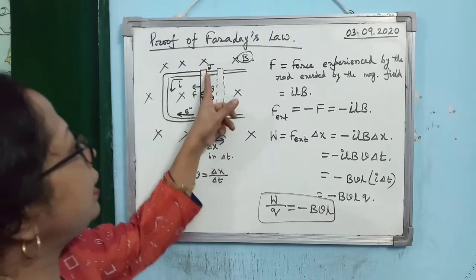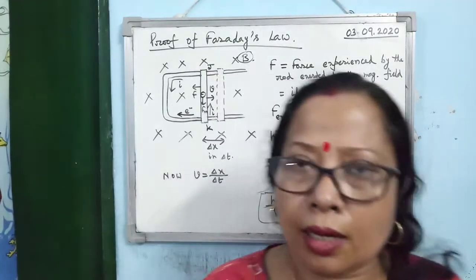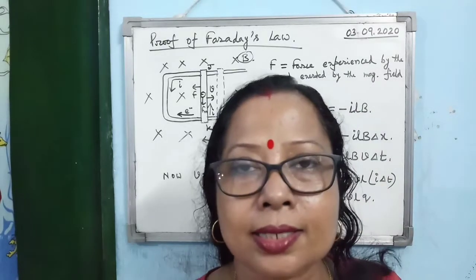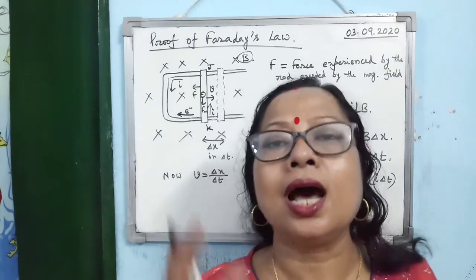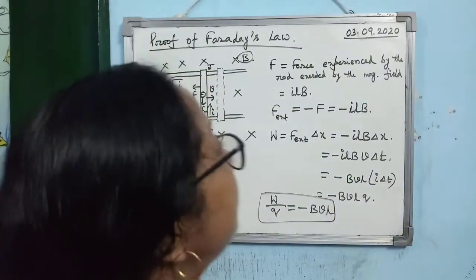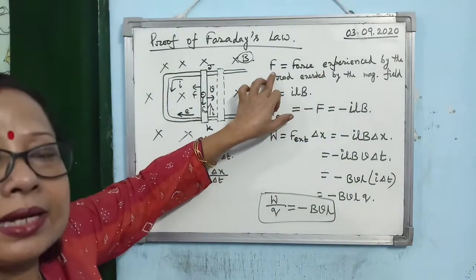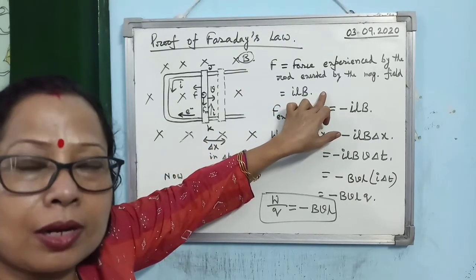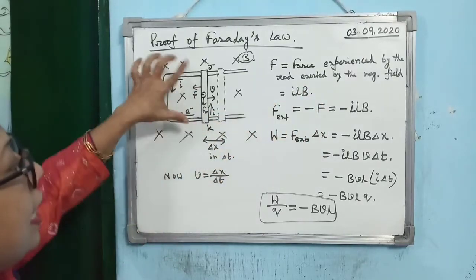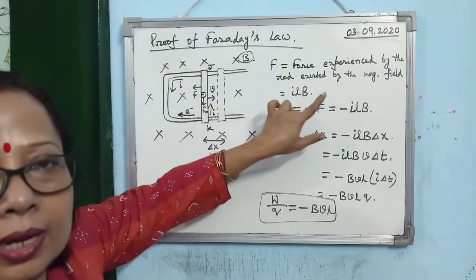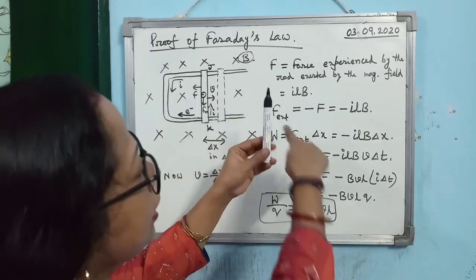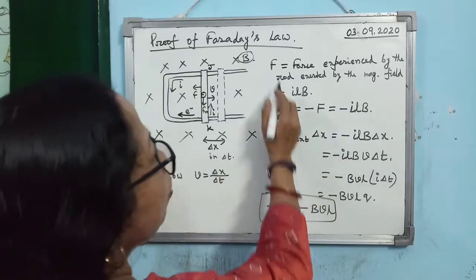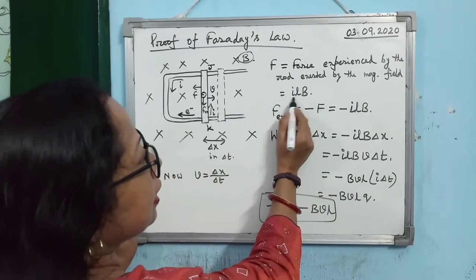So the moment current starts moving through the conductor JK, you may consider the conductor a current carrying conductor placed in a magnetic field. So what will happen? A current carrying conductor placed in a magnetic field experiences a force ILB sine theta. I hope you remember the value of theta here. L and B are perpendicular, isn't it? I is in the upward direction, B is in the inward direction. So what is the angle between them? 90 degrees.